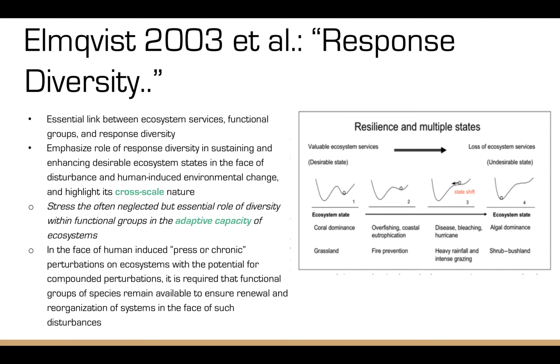And they also emphasize the role of biological diversity in providing capacity for renewal and reorganization of desirable ecosystem states following change, and also preventing shifts to undesirable ecosystem states, so those regime shifts that we talked about before. And how this hasn't really been the focus of previous studies when looking at the relationship between biodiversity and ecosystem function. And so in this first figure here, figure 1 from the reading, they examine these kinds of shifts specifically